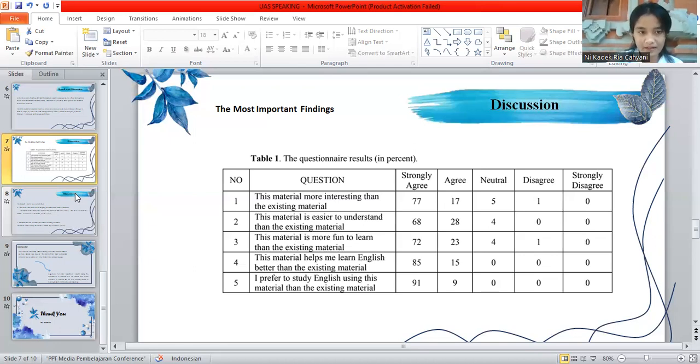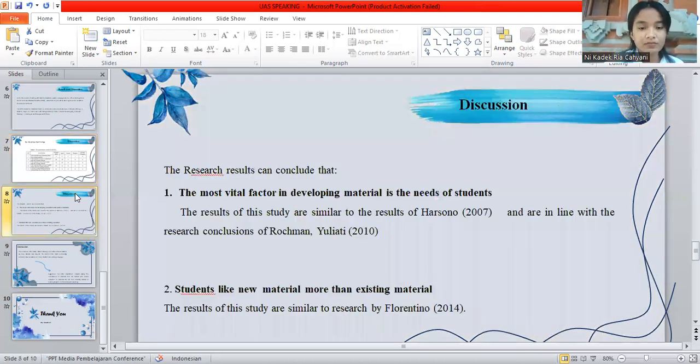So the next is, from such results we can conclude that the first is that the most vital factor in developing material is the needs of students. Material that corresponds directly to these needs will ultimately be of benefit to students.